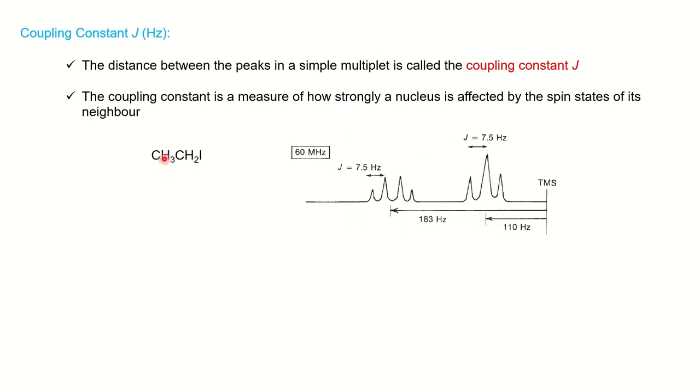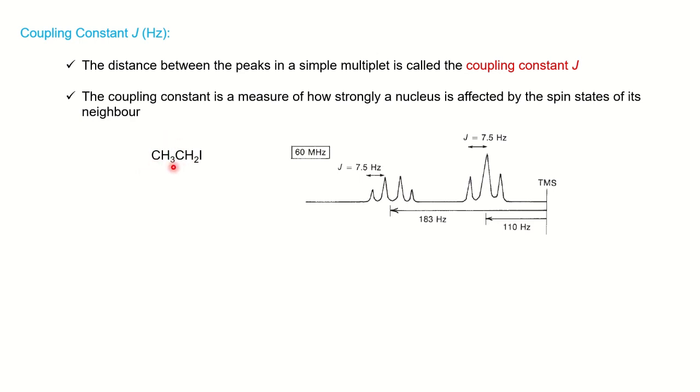As you notice, the methyl proton is in the environment of two CH2 protons, and we know the splitting occurs because of the n+1 rule. N is the number of neighboring protons. Since here you have two protons, 2 plus 1 means 3, we call it a triplet. So methyl is going to show you a triplet. Similarly, this CH2 proton is in the environment of 3 protons.